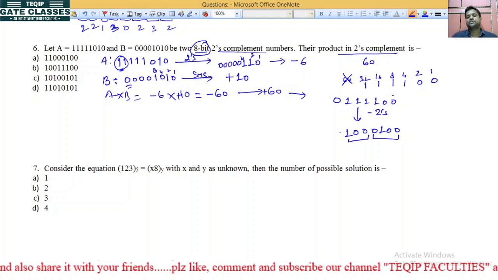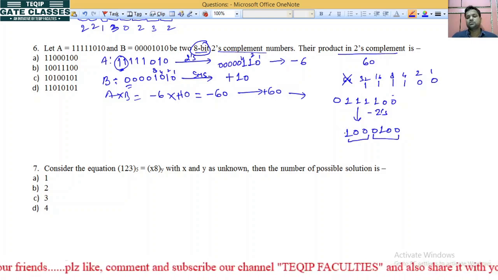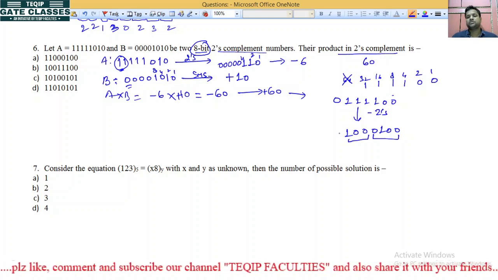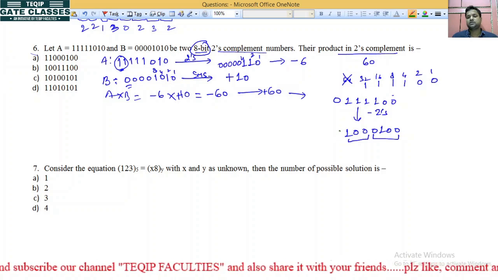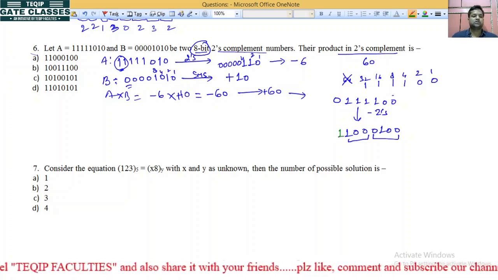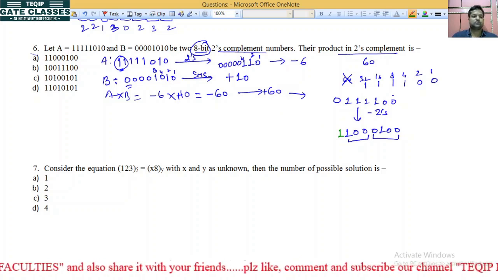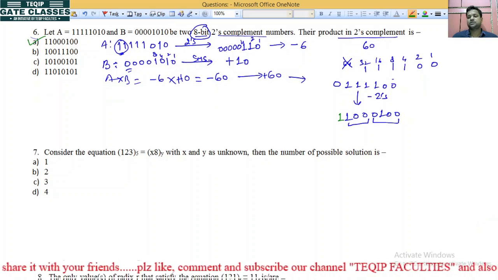Bit extension में क्या होता है? 9 बिट होता है, उसको जितने बिट मिसिंग होते हैं उन पे रिपीट कर देते हैं. तो हाउ मेनी बिट्स आर मिसिंग? ओनली 1 बिट. तो जैसे यहाँ पे हम क्या कर देंगे? We will take bit extension. What will be the value? 1 1 0 0 1 1 0 0 1 0 0. Sixth option, the A option is correct.